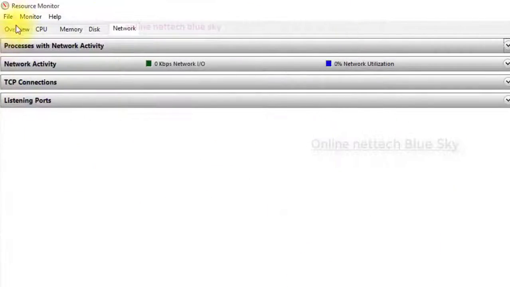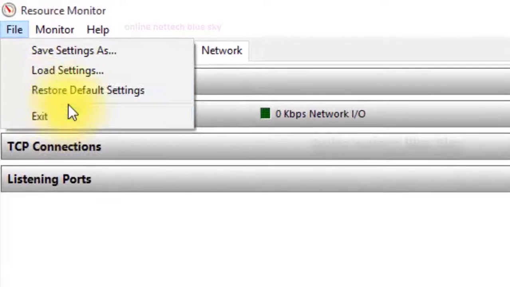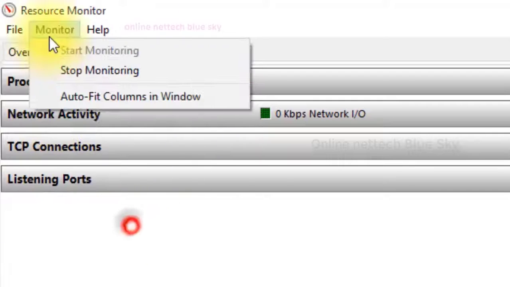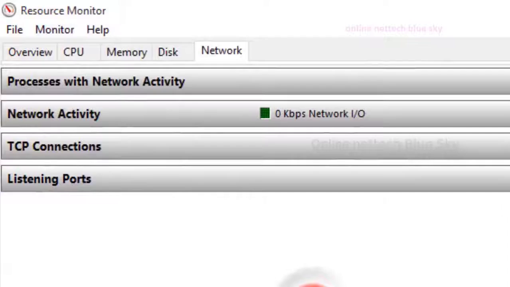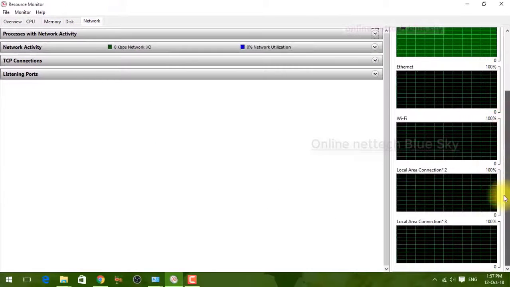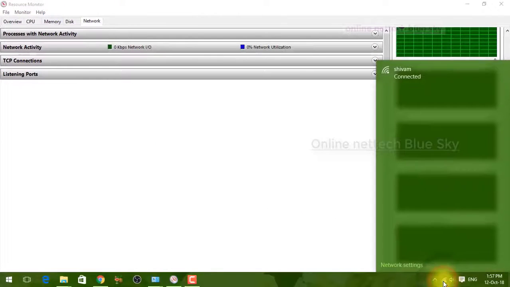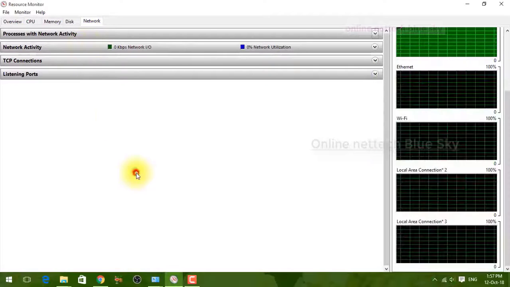Sometimes we need information from this resource monitor, how many computers are using the network, how many computers work with processes. Restore monitor means maybe sometimes your setting is not perfect, and for this reason you can reset your data.